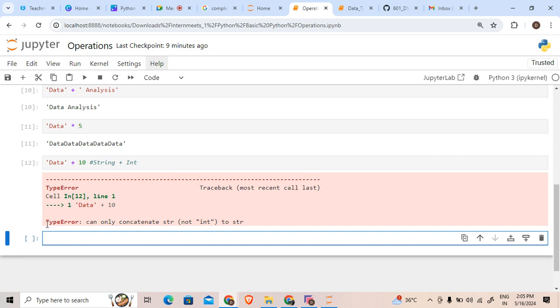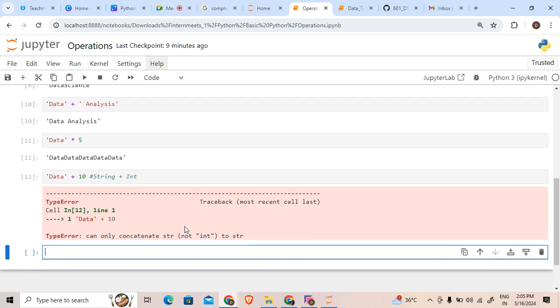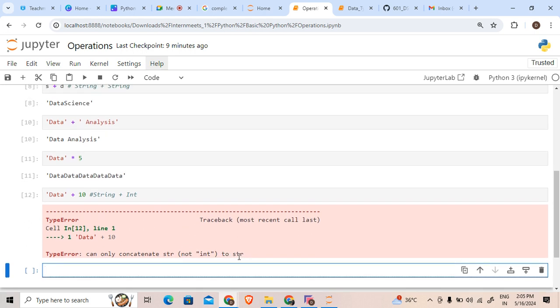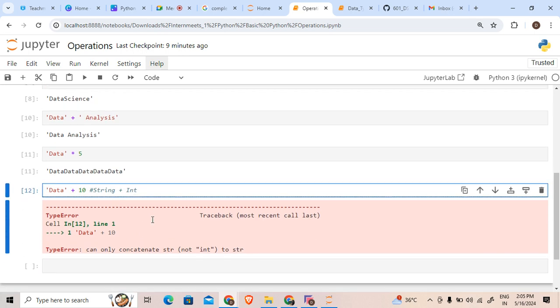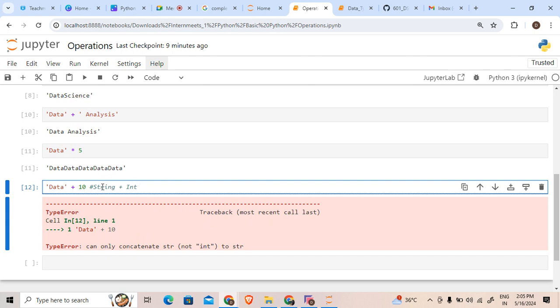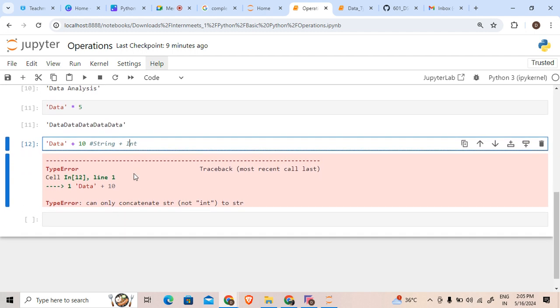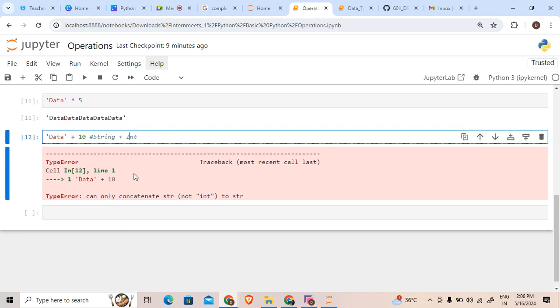It is saying type error: can only concatenate string, not integer, to string. It is saying that we can't do the concatenation operation between a string and an integer, because this is not possible. This is a different data type, and integer is a different data type. That's why it is showing us an error, right? That means we can't do the addition or the multiplication between a